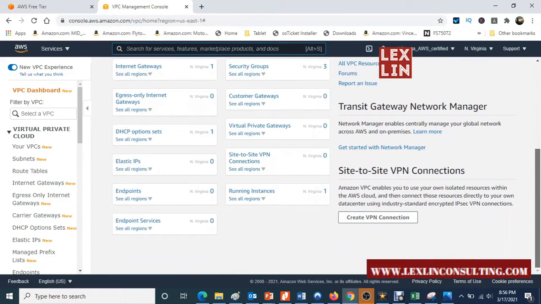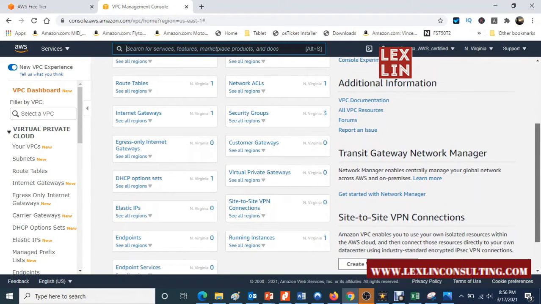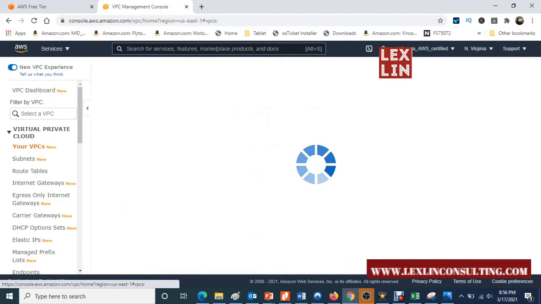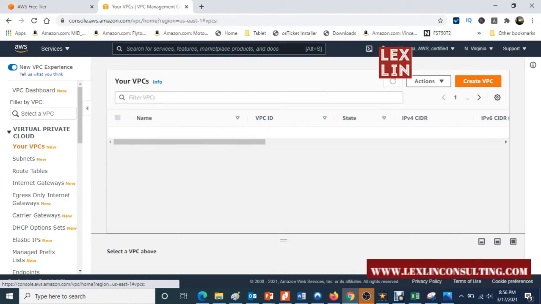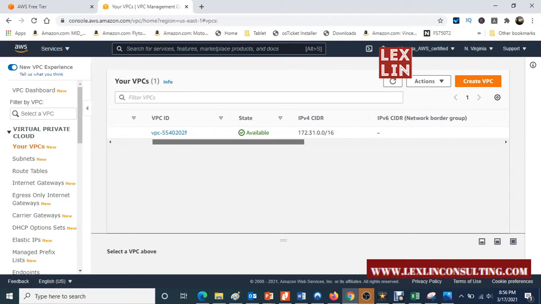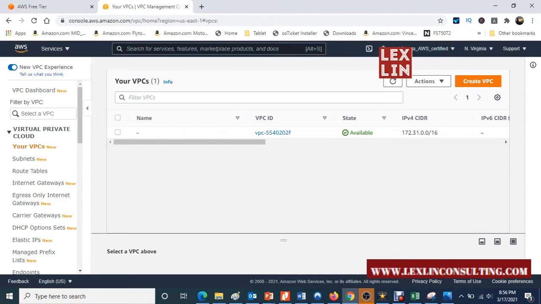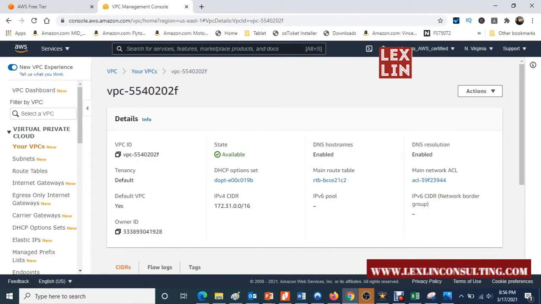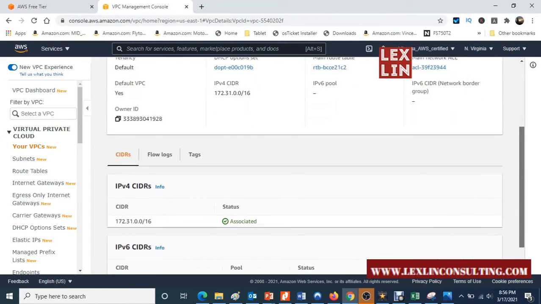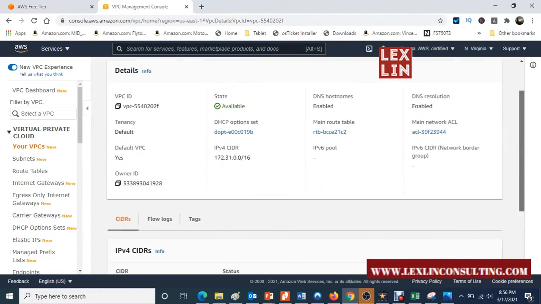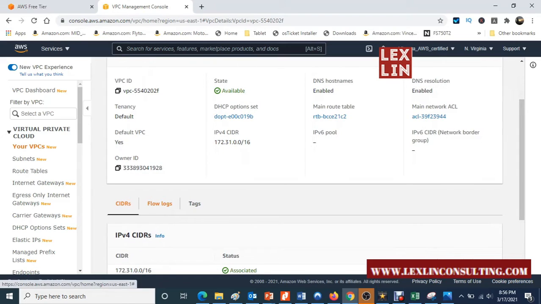So in one VPC, you can have multiple subnets, and you can allow some servers to go out to the internet and others not to. And you have options within that VPC to control traffic. You have your CIDRs, which are basically your subnets.